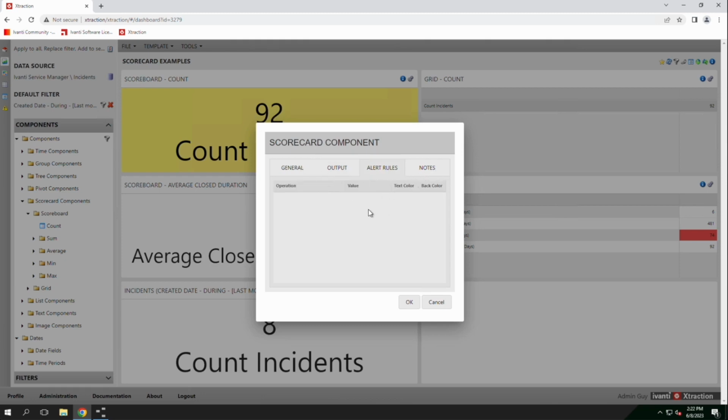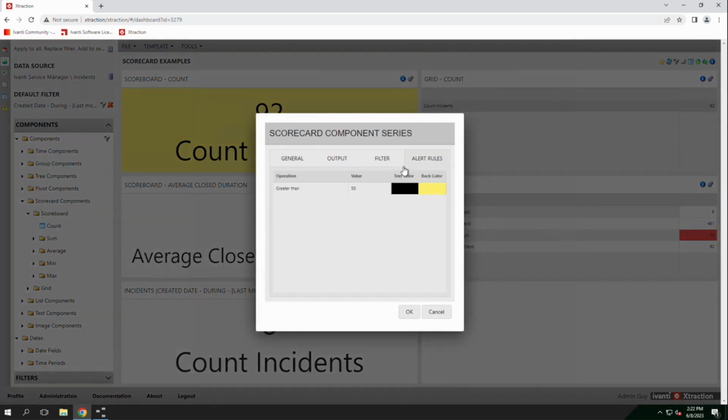So we can set these alert rules, and again, this is on the top level. When we add an alert rule here, it will apply to everything. In this case, there's just one series. But if we added it to this grid, then we would be able to apply this rule to every item in that grid. So we're on the top level here. But then if we come down into the series,